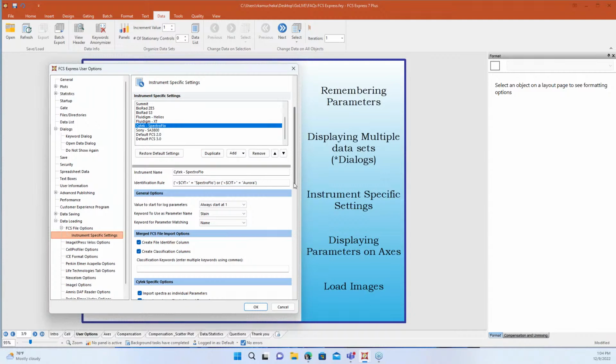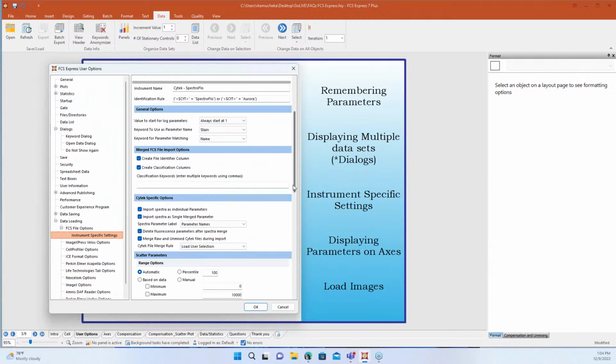One that I'm constantly responding to in support is that by default, we have this box checked to delete fluorescent parameters after spectral merge. This is designed for the fact that a lot of people are unmixing on the instrument, so we didn't want you to have to manage extra parameters that you may not be interested in. If you have this box unchecked, you would see those unmixed parameters, and you would see all the other channels as well. When you're working with raw data, however, you only get your scatter parameters. That can be a little terrifying at first, but if you come in here and just uncheck this box, those parameters won't be deleted, and you'll be able to see all of your channels from the instrument.